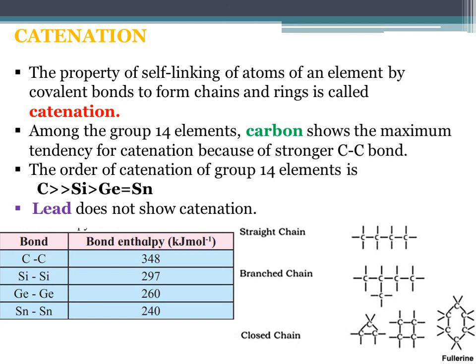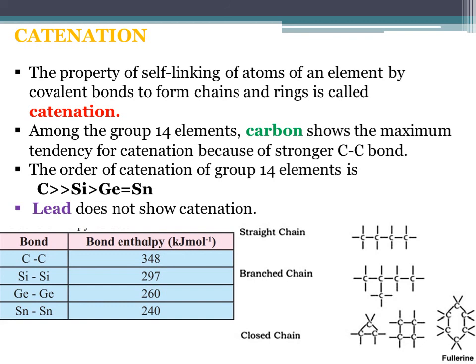And it is not just carbon that has the property of catenation. There are many such elements which have this property. So there is silicon, germanium, and tin which can also show catenation. But the maximum tendency is that of carbon. So students, over here you all can see the order of catenation. Carbon has the maximum tendency, followed by silicon and then germanium and tin. These both have the same priority of catenation. Then my dear students, lead does not show catenation.